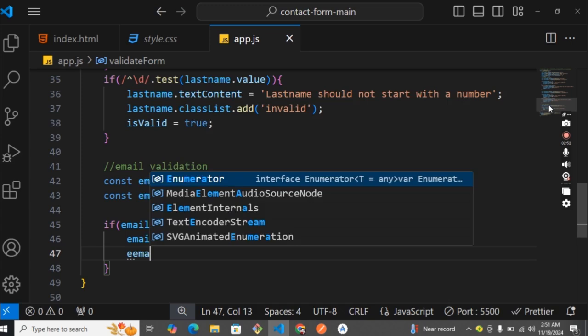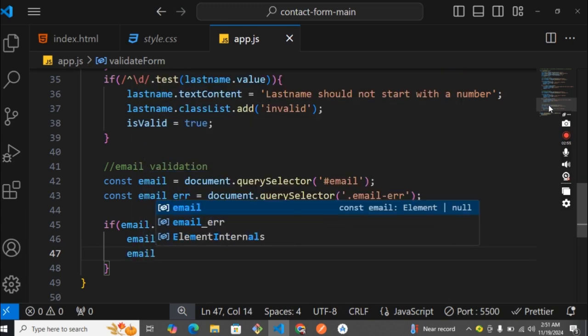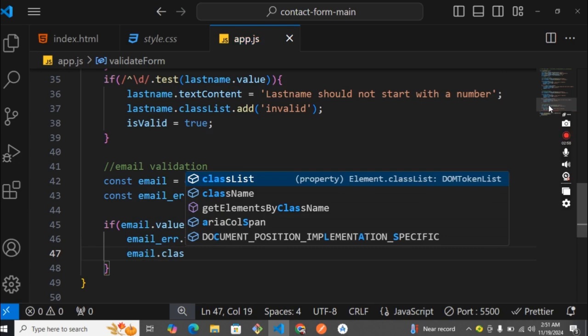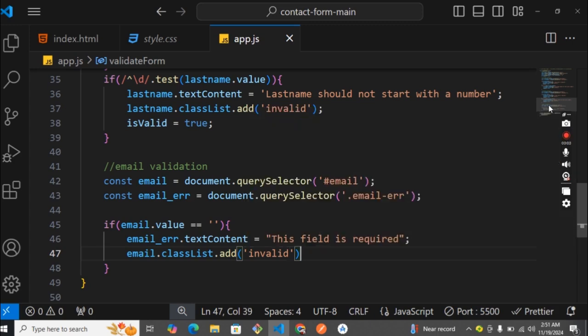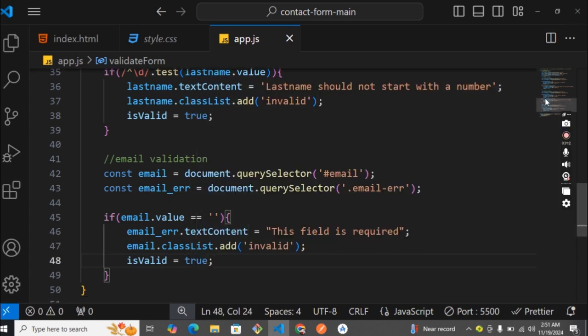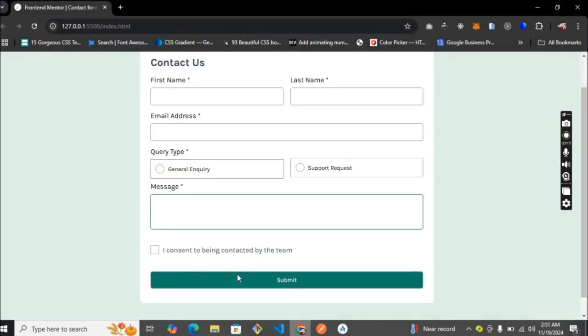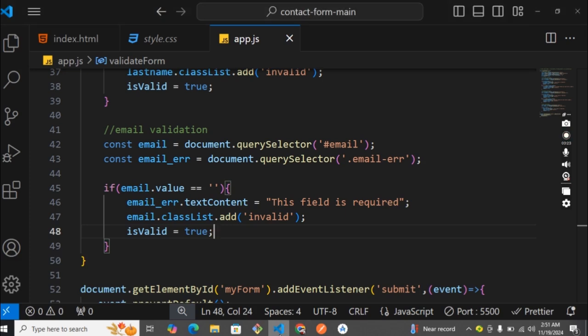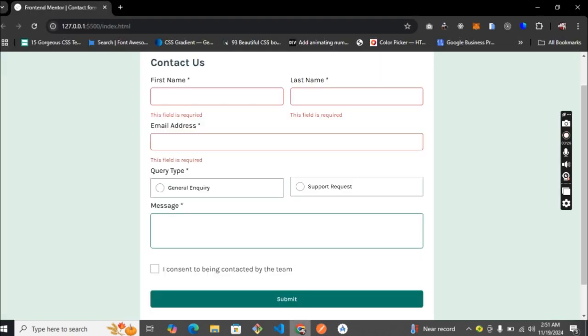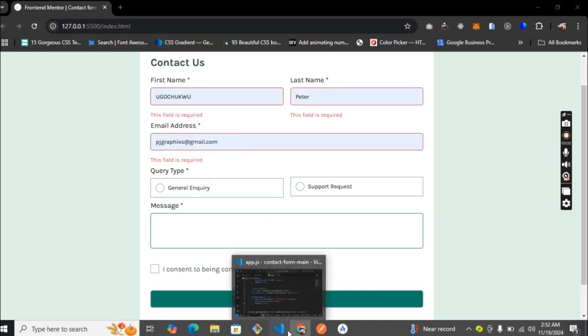and we'll also be calling the email ID to add our classList.add of invalid, and we're also setting isValid to true. Okay, so if our email is empty, we're also sending an error to the user notifying them that the field is required. Okay, so once they have filled this up, we can say this and all that,